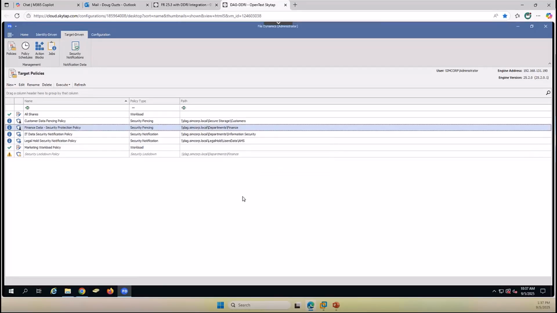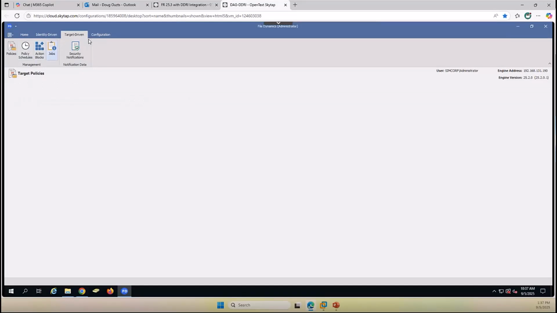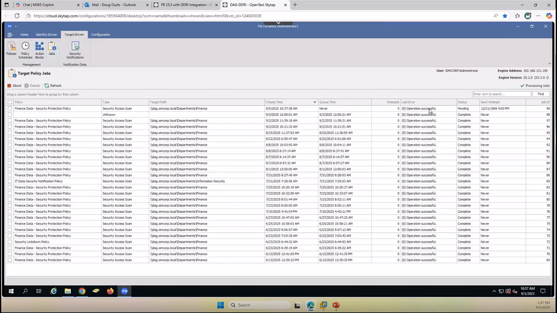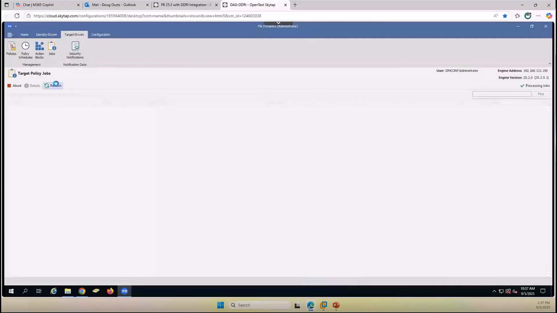So what's going to happen, it's going to kick off this scan, okay, and then you will see it getting kicked off here. So it's pending right now. And then it's going to notify Brent Winters. I don't have email integration set up, but it would send an email to Brent that there was a change, and then Brent Winters will be able to log into the data owner web interface. It's delegated now,